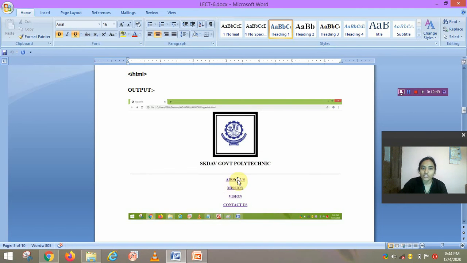When we place the mouse pointer on about us, mission, vision, the mouse pointer will change, and after that when we click, another page will open. So let us see how this is possible.